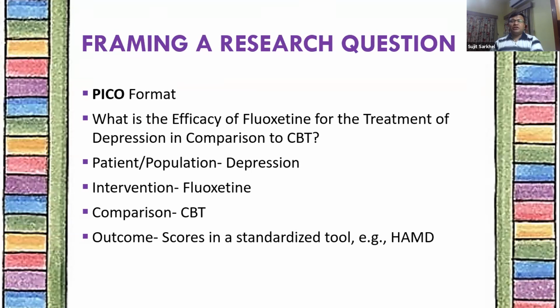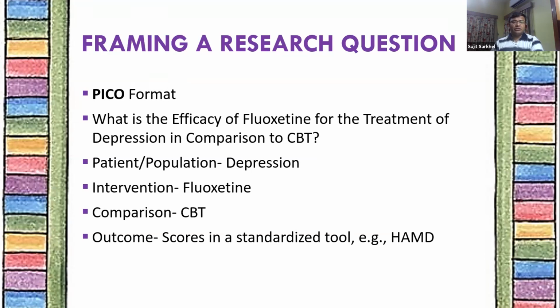So here I've given a model research question. Supposing you want to see what is the efficacy of fluoxetine for the treatment of depression in comparison to cognitive behavior therapy. This is the question that has come to your mind, the answer of which you are looking for. So first you have to divide it into patient group. So it's a depression group. Next is the intervention. Intervention is basically the drug fluoxetine.